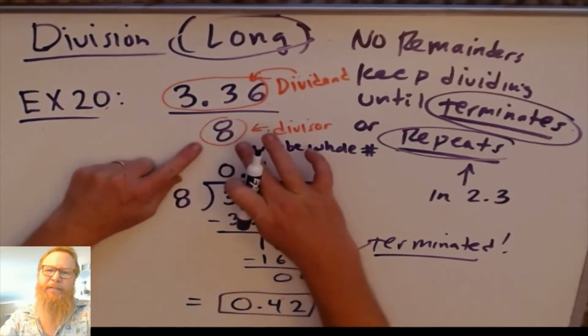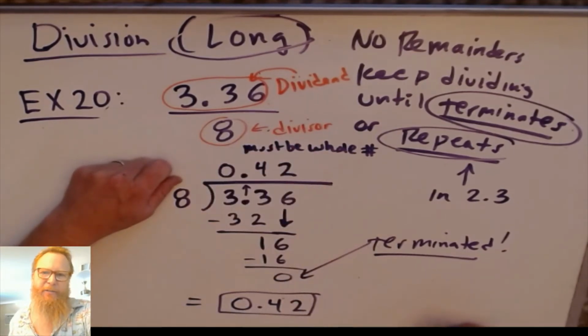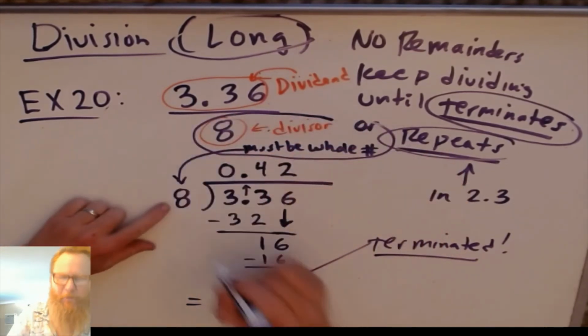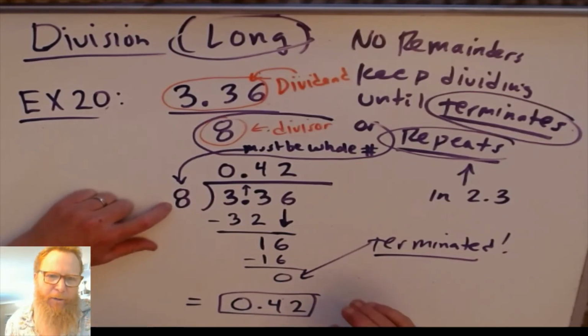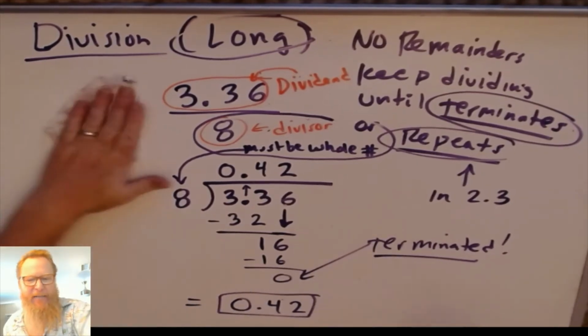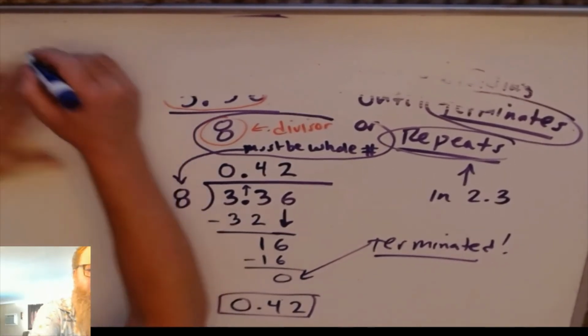Well, you don't always get lucky. You don't always get a whole number as a divisor. So I want to make that clear. It's the divisor that must be a whole number. I think I only put one problem in which the divisor is a whole number, just to kind of get you going. And then the rest of them, the divisors are not whole numbers. So if the divisor is not a whole number,